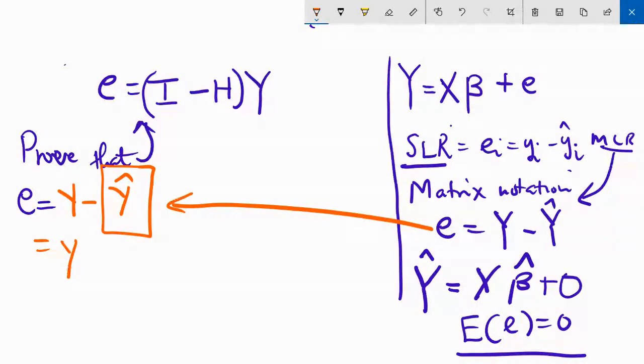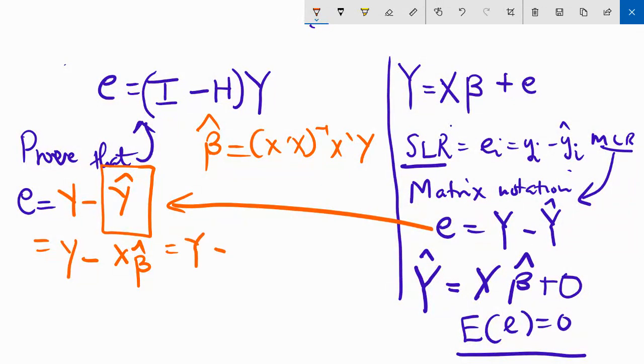So y minus X beta hat. And you know the formula for beta hat that you have been using, so you can replace it there. And you say y minus X